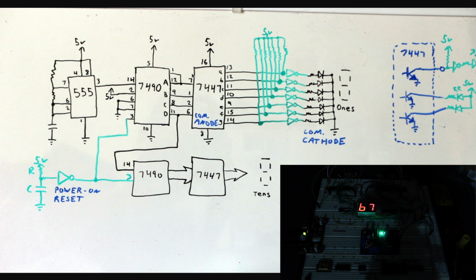Then the count from 0 to 9 is decoded by the 7447 to individually drive these 7 segments, printing out the decimal representation of the binary number. So as we count from 0 to 9 in binary, we see the digit 0 through 9 being illuminated on